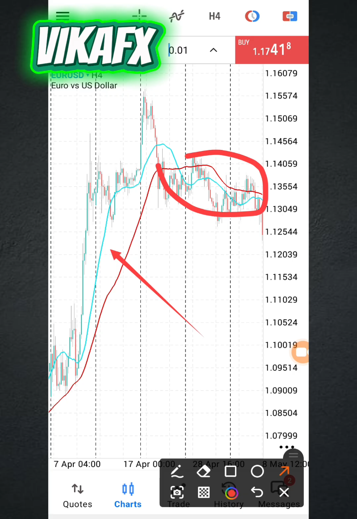Now, I want to teach you how to do this right. One of the ways people get this wrong is that they don't actually know how to take trades. Sometimes you just see price above the moving average, like the 50 and 20 period moving average, and you just take trades anyhow. No,